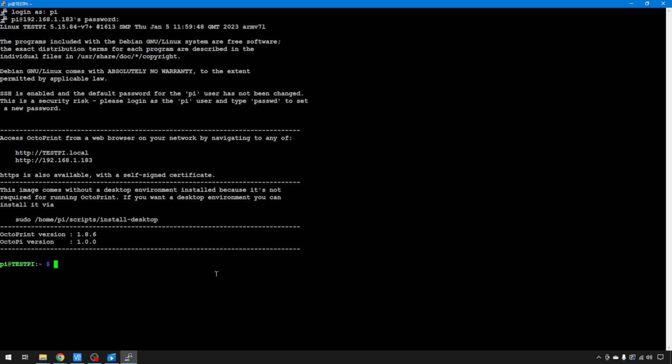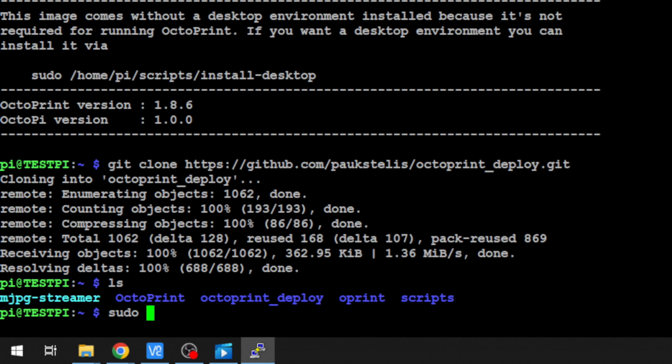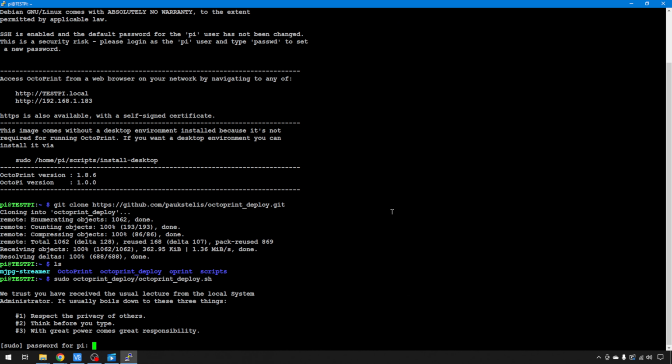So here we go. Basically, the first step we need to take is to do a git clone from GitHub to pull in his script. Again, it's available on the GitHub page. We're just going to do a git clone, his URL, and we'll hit enter. That's pulled it down to our Raspberry Pi. If you take a look in there, you can see we now have an OctoPrint deploy. That's where the script lives. And we just have to run the OctoPrint deploy shell script. So do sudo octoprint_deploy, and then octoprint_deploy again, .sh. It's going to ask for your sudo password,